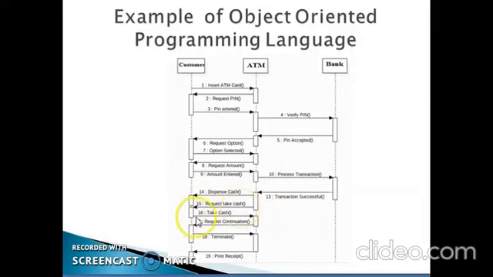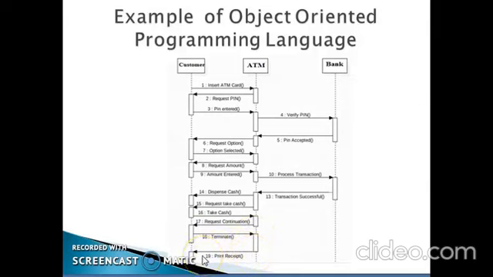The user takes the cash and the ATM machine asks whether he would like to continue with more transactions, to which the user responds no and the transaction terminates. The ATM machine finally dispenses the receipt